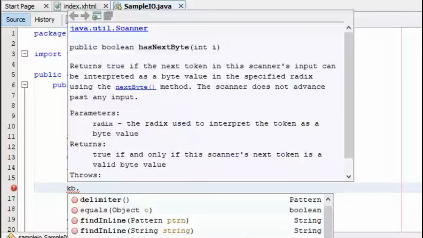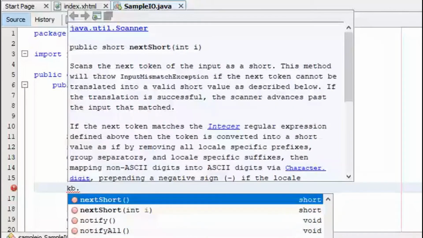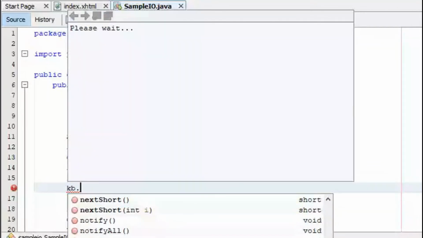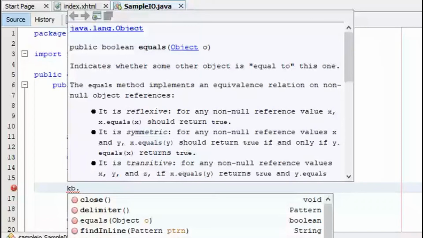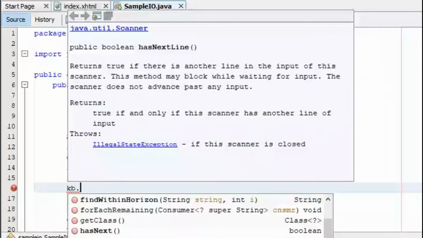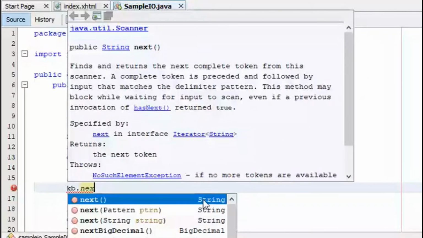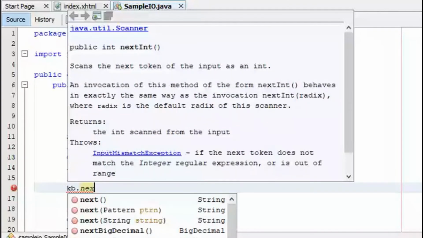For short data type or integer data type, you will use the corresponding next method. Where is that method? If it's too long for you to find, if you know the method, just type it. There you have it. I'll click on this. This will input a string. See this? This will input an integer. You can see the description here. Can you see the description?